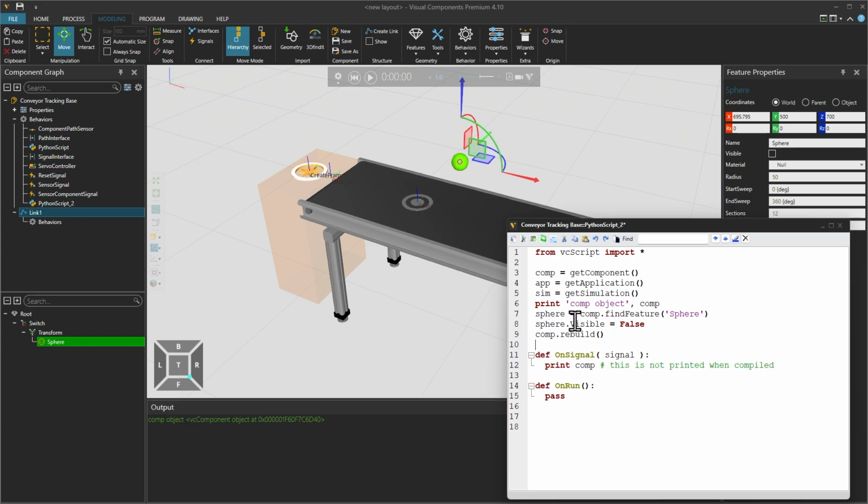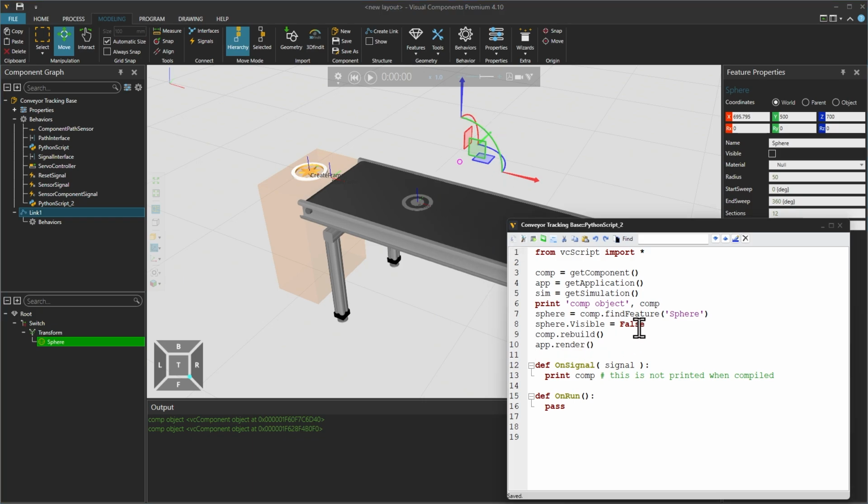Note the naming convention of the method, all letters in lowercase, followed by the parentheses. App is the object type for the main application, and it has a render method to render the scene of the 3D world. And now, after compiling, the ball should be hidden in the 3D world.